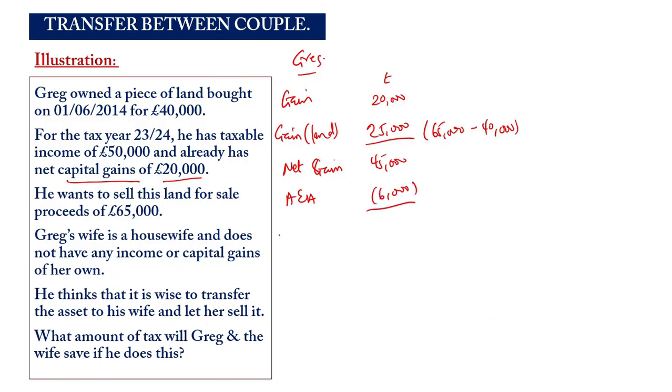We'll now be left with a taxable gain of 39,000 pounds. Now, because we are told that Greg is a higher rate taxpayer, the capital gains tax will be 20% on the 39,000 pounds, which will give us